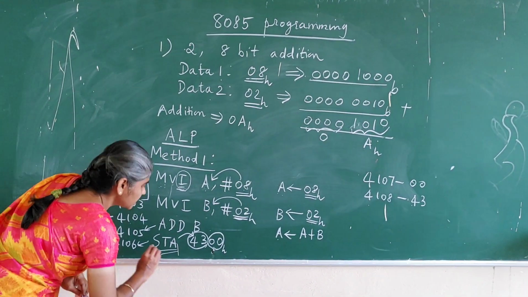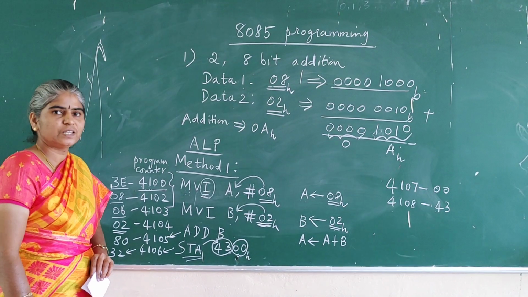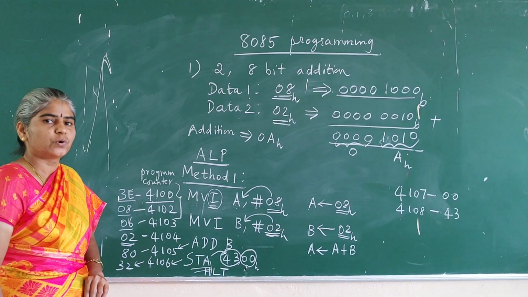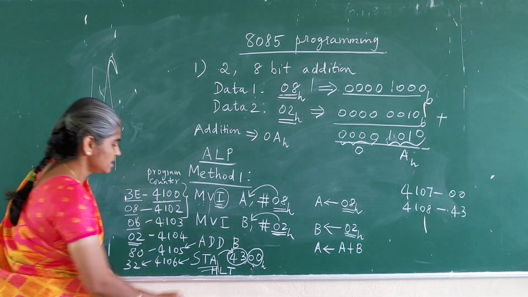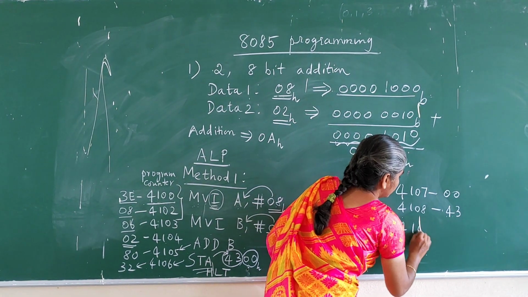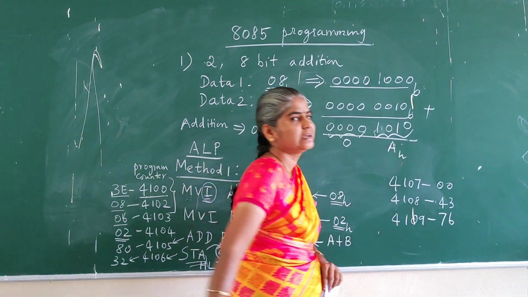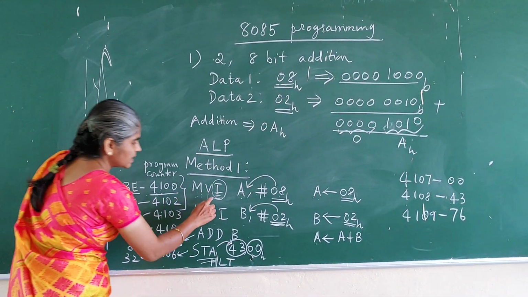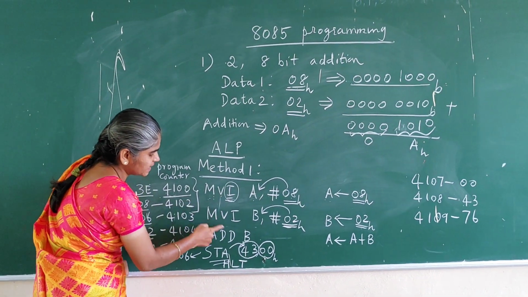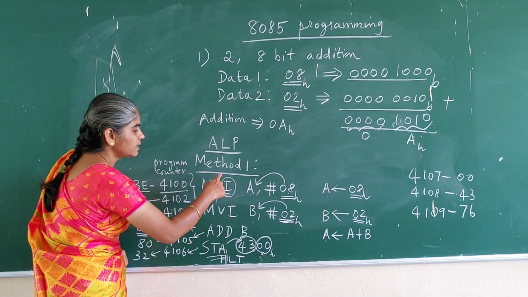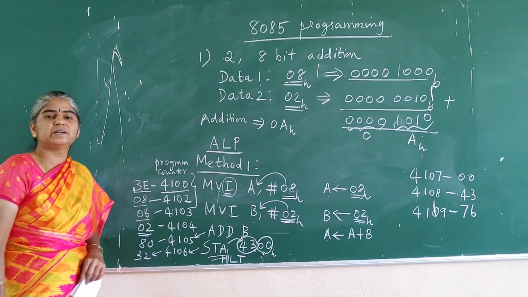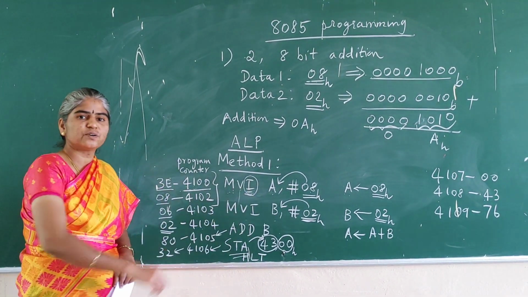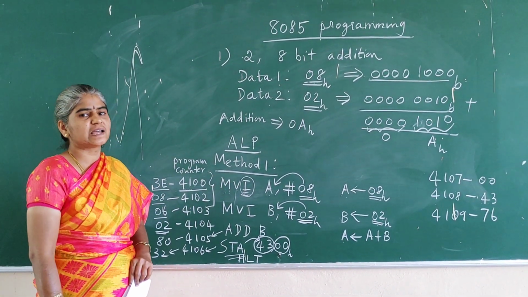At last we conclude our program, because we need to end the program. So we simply write HLT. This stops the execution of the program, so the halt instruction takes place. The corresponding halt instruction opcode is 76 in 8085. So this particular value will be given. If we count the first mnemonic, second, third, fourth, fifth, totally in our method 1 of the addition of two 8-bit values program, we are taking 5 mnemonics or 5 lines of assembly language programming.